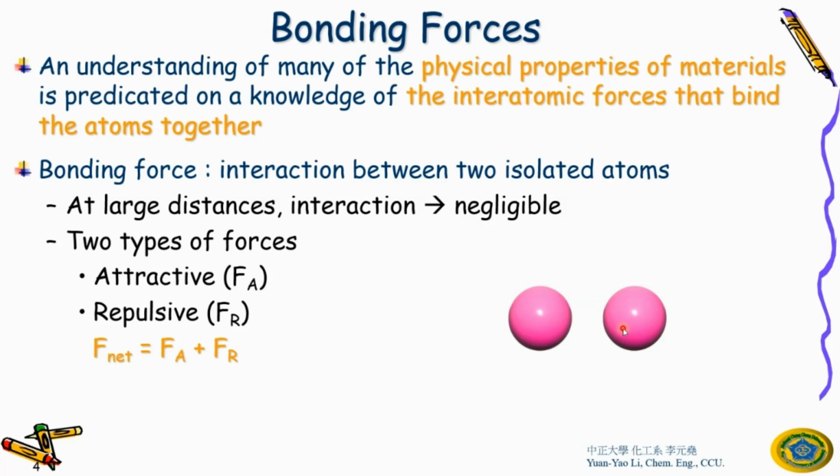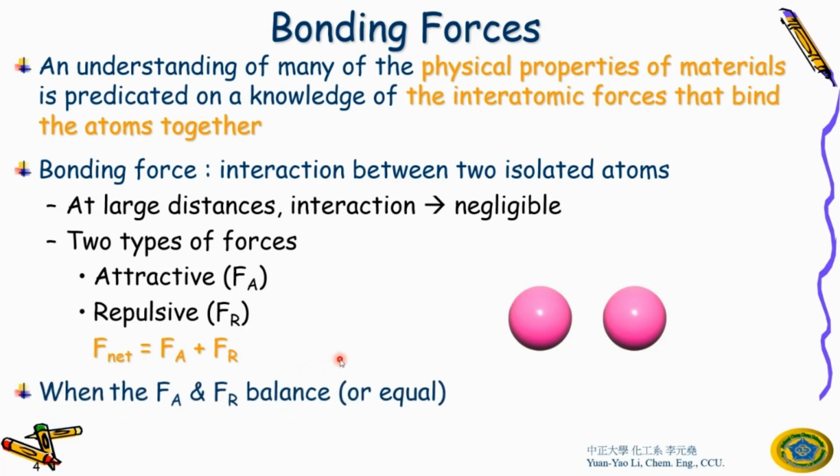So when they like each other, it's called attraction force. When they don't like each other, it's called repulsion force. And then the net force is equal to the attraction force plus the repulsion force, right? So when the attraction force and repulsion force are balanced, the two atoms will stay